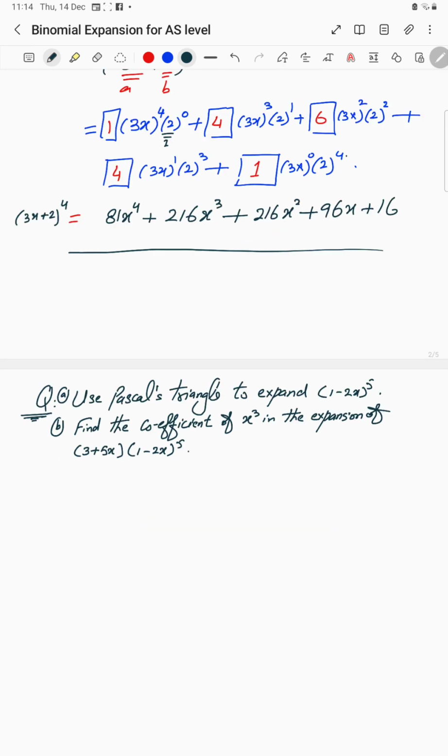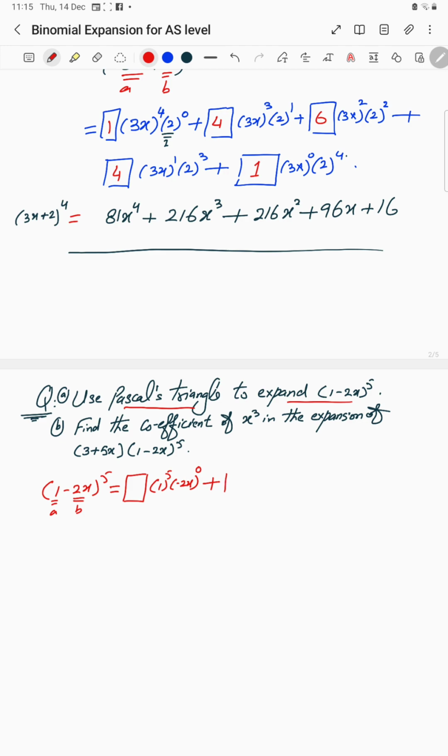Okay students, here's another question. Use Pascal triangle to expand this binomial expansion, like 1 minus 2x power 5. So Pascal triangle will help us just to write the coefficients. So let's start. Coefficient. The first term here, A is 1 and B is what? Minus 2x. So 1 power 5 minus 2x power 0 plus, because if you have B negative, you must mention it in each term,